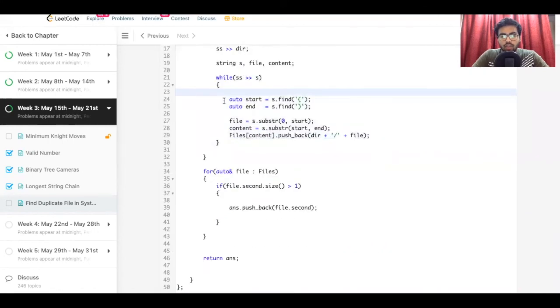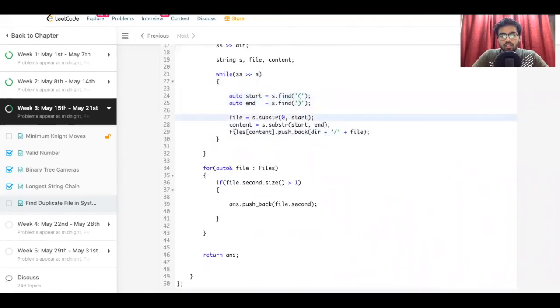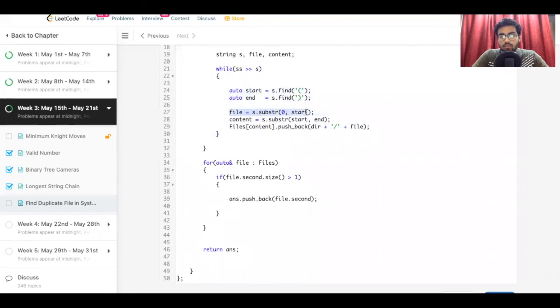For that we find the open bracket and the closing bracket, and we store everything before the open bracket in the file and everything after the open bracket until the close bracket into the content. And then we simply push the content into the hash map, and everything related to that string content would be pushed back in the form of directory plus forward slash plus file, because that is the format in which we want the answer.